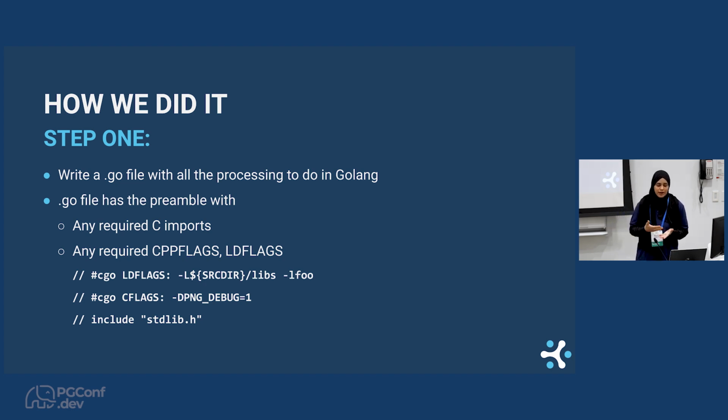And also, which in my problem was not required, you could actually write the C code in this Go file, which you require to use in this particular Go module. For example, if you want to have some special structure which you can define in C, for example, some typedef something, you can do it as a comment section here, and can actually use it in the Go code that you write below it. So that's also something that you can do, but in my problem it was not required.